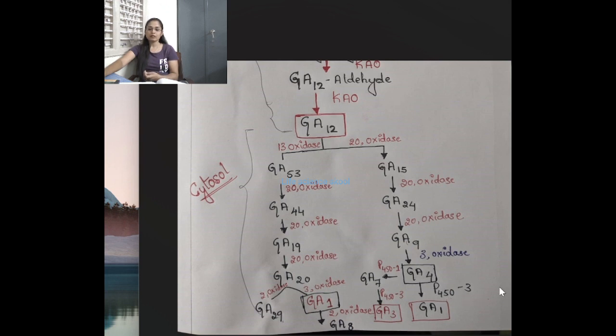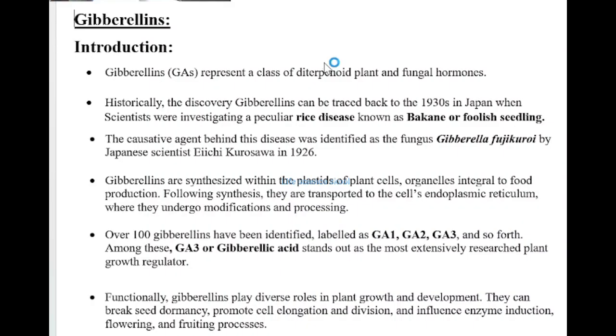Okay, this is the cytochrome P450. Also here GA4 is converted into GA7 by cytochrome P450, and GA7 is converted into GA3 by a cytochrome P450. That's about the gibberellin introduction, definition, occurrence and biosynthesis. In the next video, we will learn about the gibberellin functions, and I'm hoping you have enjoyed this video, and thanks for watching.